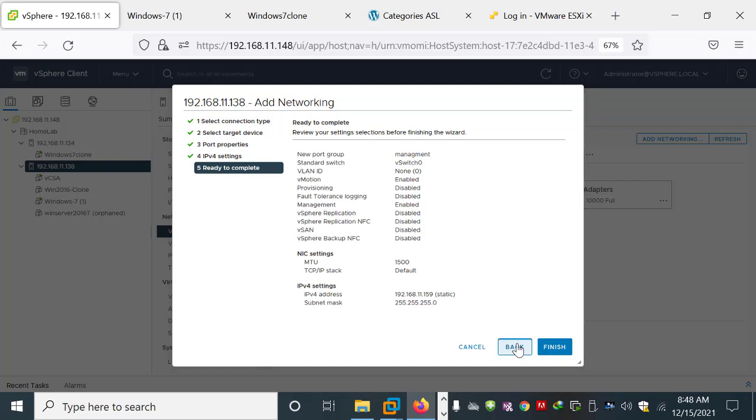And my management IP is 159. Click OK and click Next.